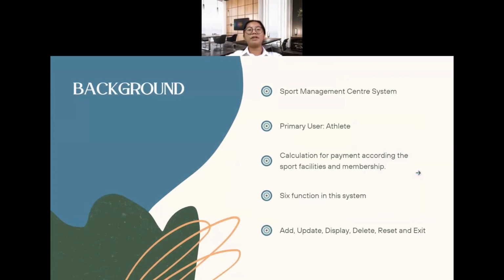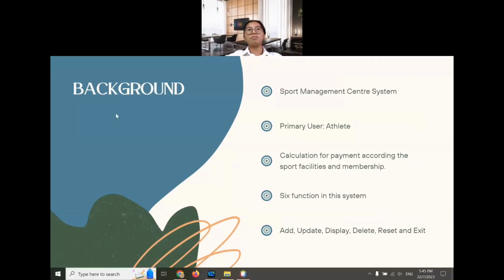I'll talk about the background of this system. First, the system is called Sport Management Center System, and the primary user of this system is the athlete. It mostly does the calculation of the payment according to the sport facilities that they choose to use, and whether they have a membership. They will have 6 main functions in this system, which are add, update, display, delete, reset, and exit. And next,